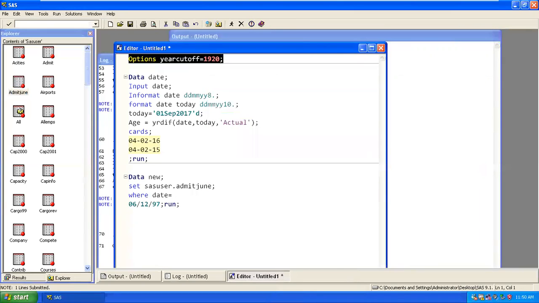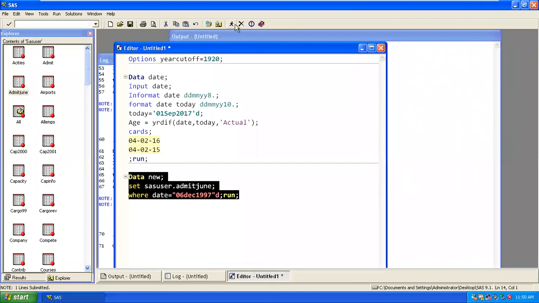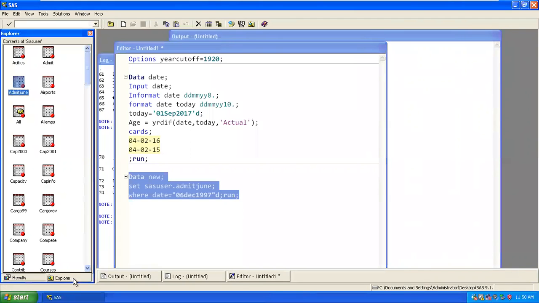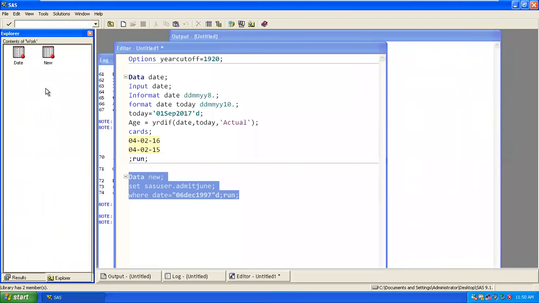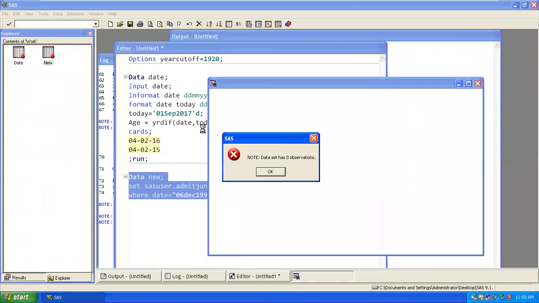Okay, now if I wanted to filter the data based on that, what I can do is write 06, so it's 12 months, so we can write DEC and we can write 20, it will be 1970, 1997. Then we need to fix as D over there and try to filter. So now we'll be able to get the filter options. Due to the date constant, it works. Otherwise, it won't work and give you the output. If you go ahead and look at your new data, you'll be able to get the filter data.